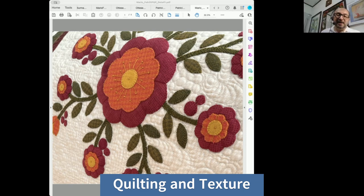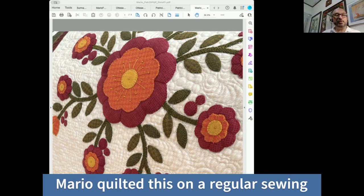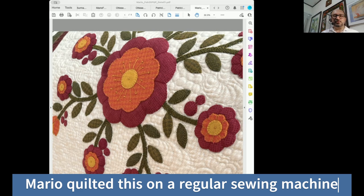Yes, I did long time ago when I did have time, I guess like many of us. I used to do hand quilting just for my projects. Not anymore. I just don't have the time. So it's machine quilted, and I do it on a regular home machine. It's not a long arm. I do not own a long arm quilting machine, so I just do it on a regular